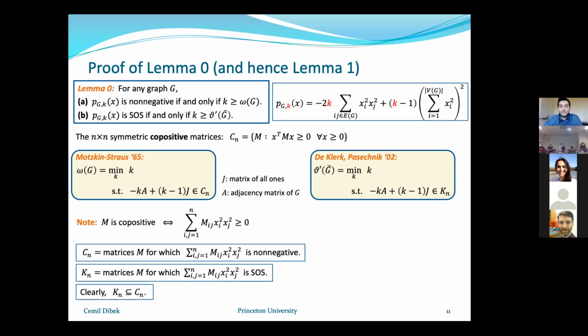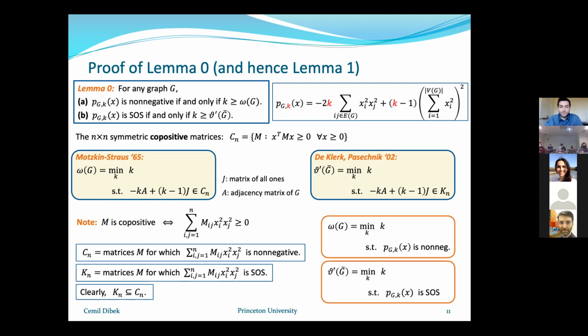So again, if you have seen a similar result before, probably you haven't seen it in this form, but with some efforts, we can put these optimization problems into this form. Cn and Kn formulations of the clique number and the Shriver number. Well, then it's easy to finish, because